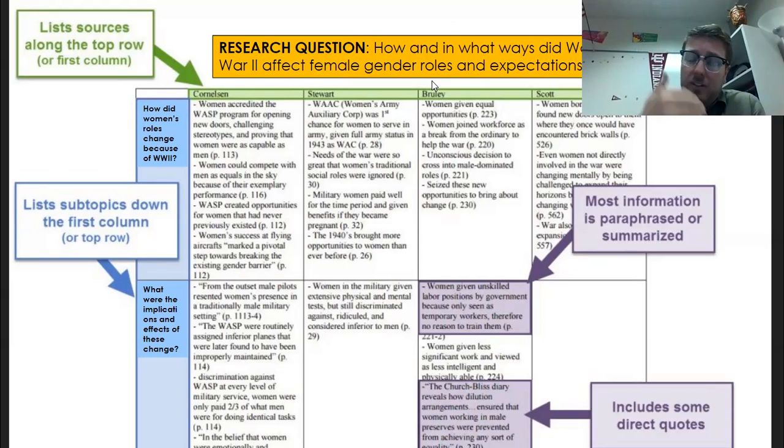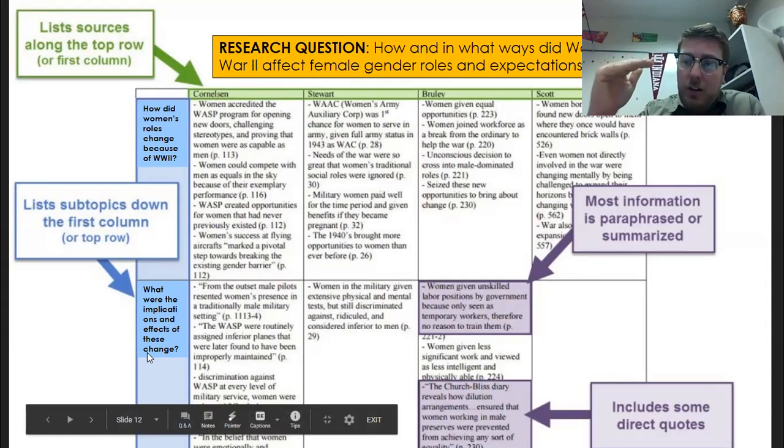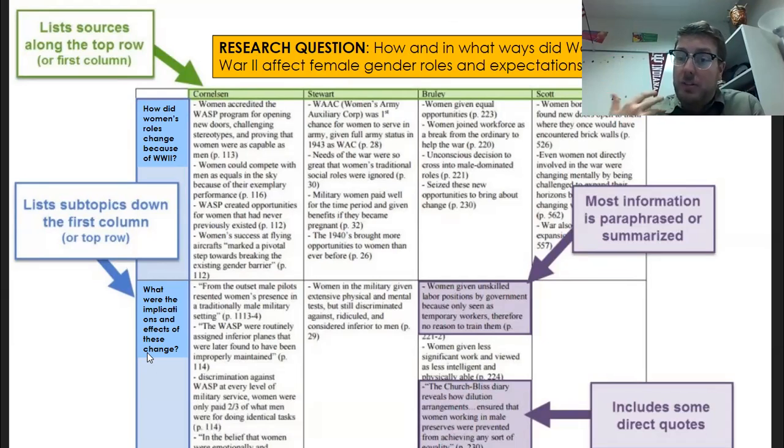So what I want you to do is at the top of your matrix, I would like you to write out what was the question you ultimately developed about Mean Girls you're going to focus on in your paper, okay? Once you have that, what you're next going to do is on this left-hand column, I want you to go through and I want you to think through some sub-questions.